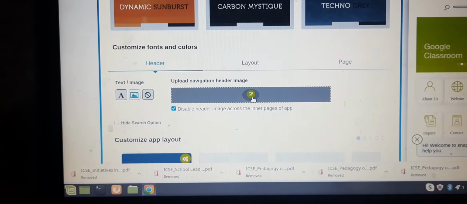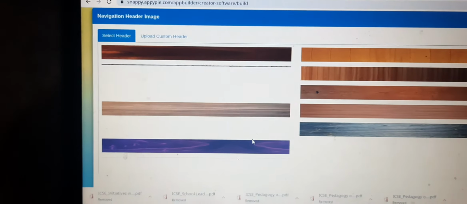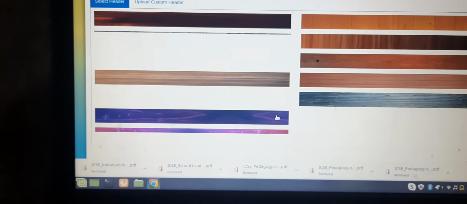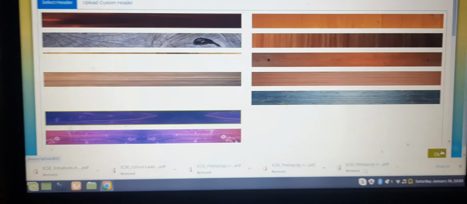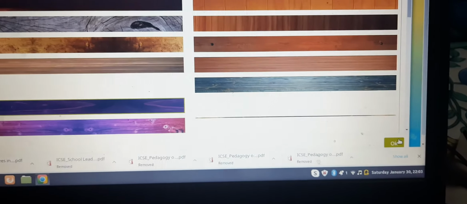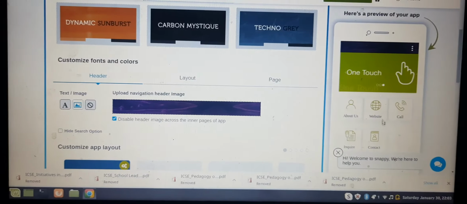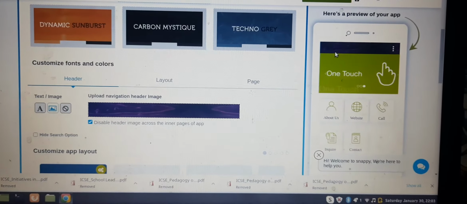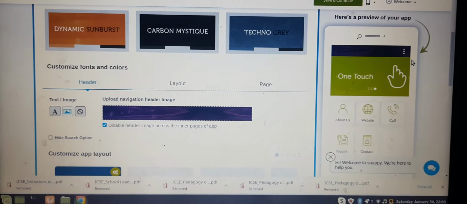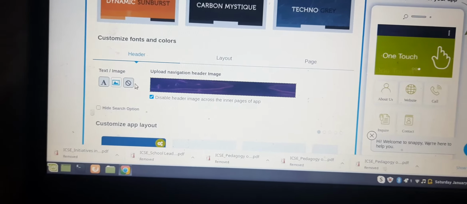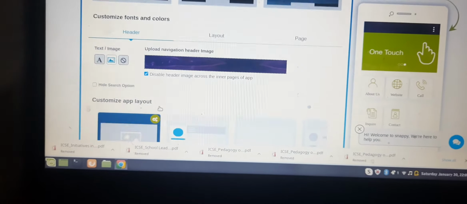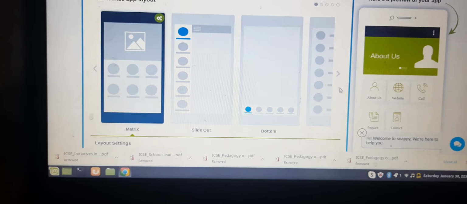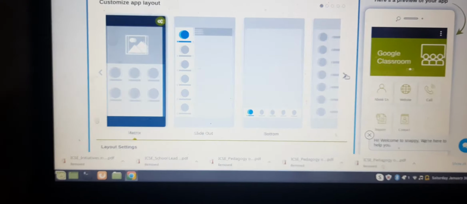If you click on here, the option comes. You can select any of the different styles and then click on the OK button, so that the bar appears at the top of the preview. After that, if you want any other design, this is the layout which you prefer.